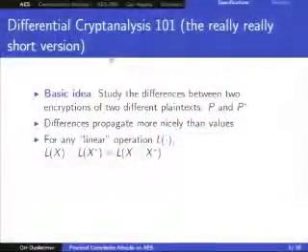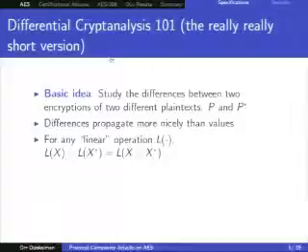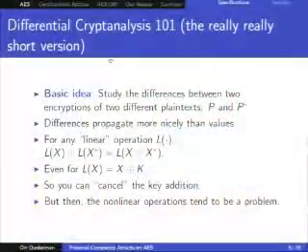Now, the reason this is very good is because the differences have the tendency to propagate very nicely. For example, if you have a linear operation, the difference of the output is the linear transformation of the difference of the input. This is really great because when I say linear, well, in cryptography, sometimes we mix linear and affine. So it also works for affine transformations, but the nice thing is that when you XOR a key, the difference before the XOR and after the XOR is the same.